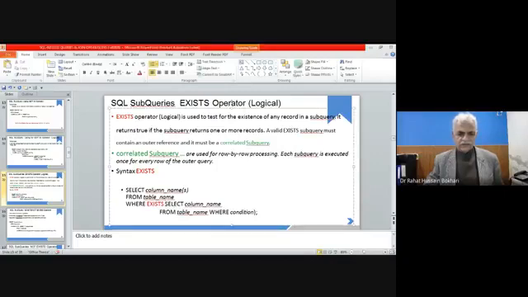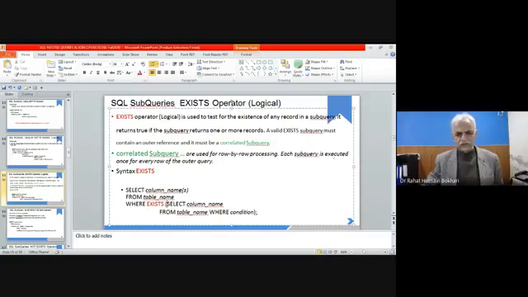So you have to exercise those, and by doing exercises you may learn more about how subqueries should be used. Just remember this word, the correlated subquery. Within the correlated subquery, basically these are used for row by row processing.